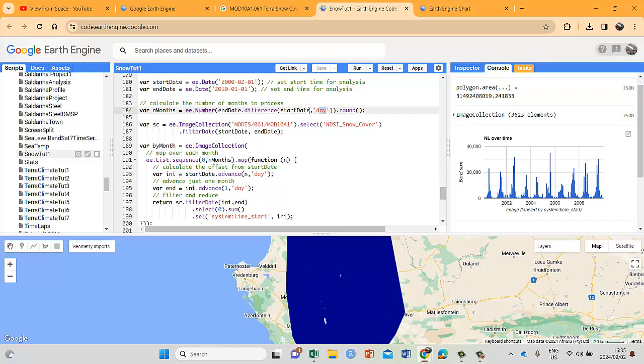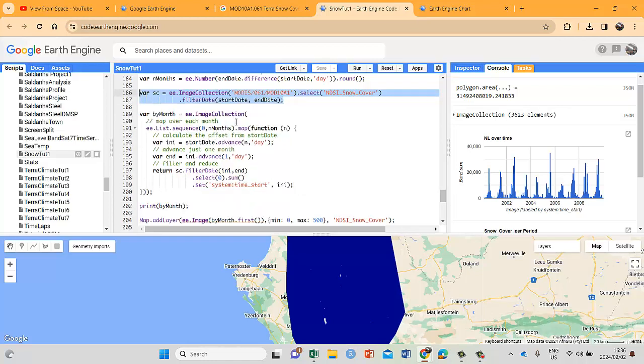But this is the important part. You have the start date, and what you're doing here is adding another date, and we round that. There's our image collection that we work from. I've called it CS. And then here we generate our years, or in this case, our dates. This is the time component of the spreadsheet. If you were to work in Excel, it's the first column, which is your dates. So you're starting from the beginning, the first date, and then you advance. Remember, that's advancing by 1 day. And you then sum the